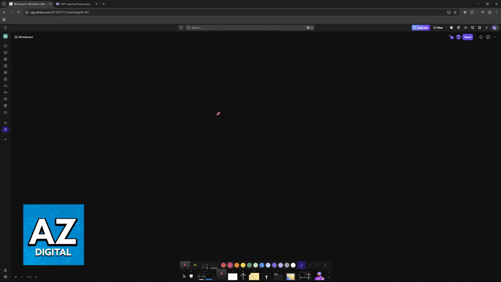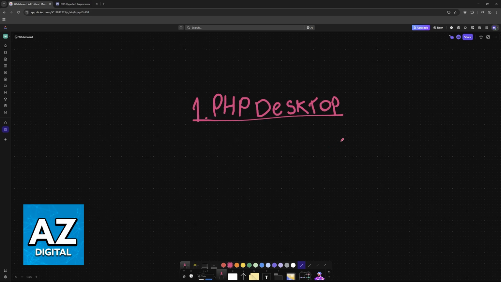So the main one is going to be by using PHP Desktop or EXE Output for PHP. Essentially, this is going to be bundling a web server and browser. This is the most direct and common method. These tools will bundle a lightweight web server, a PHP interpreter, and a browser engine. You place your PHP website files, including HTML, CSS, JavaScript, and PHP scripts, into a specific directory within the tool's structure, and it is going to create an executable.